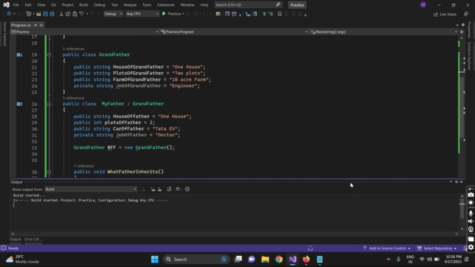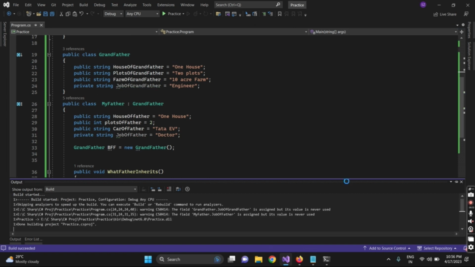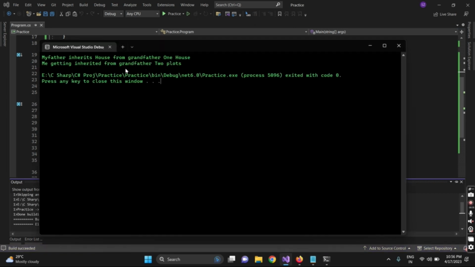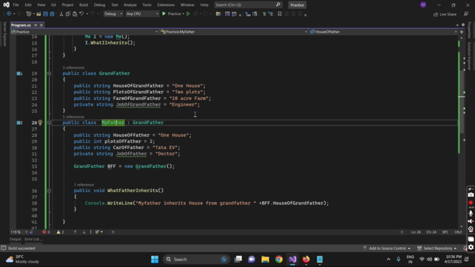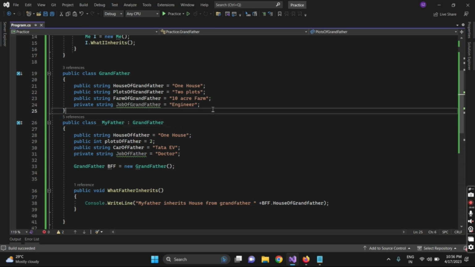Okay, let's run the project. Me getting inherited from grandfather two plots. Okay, this is the inheritance, this is how inheritance works in C sharp. So what are the things? Also, if we